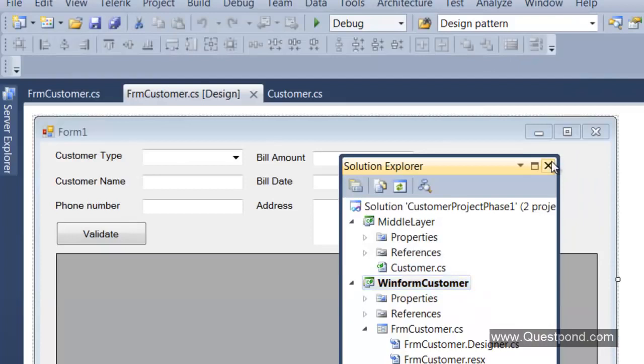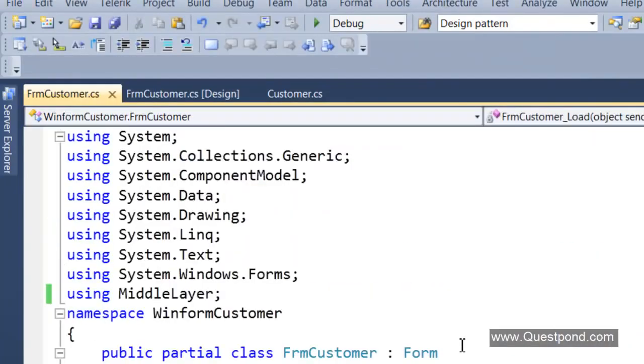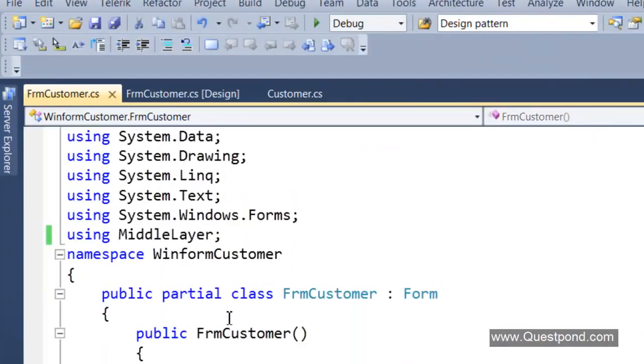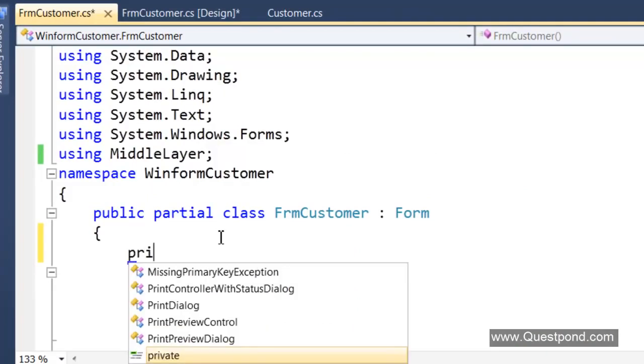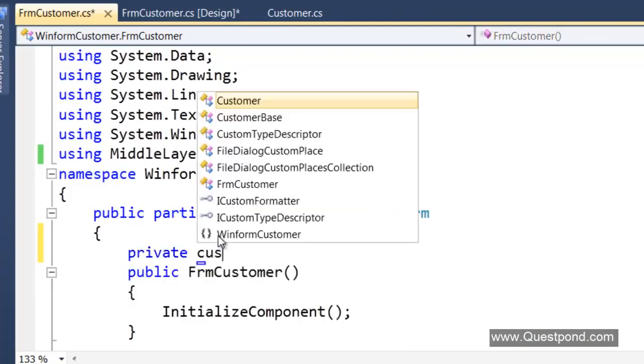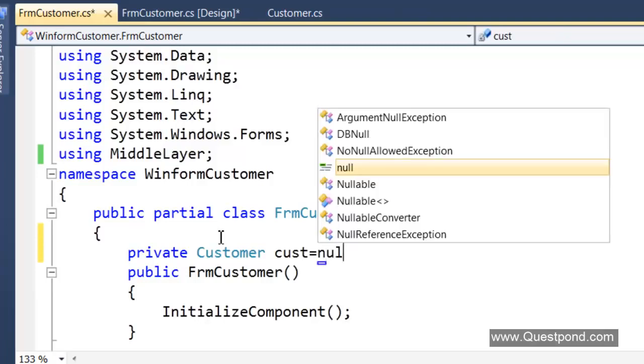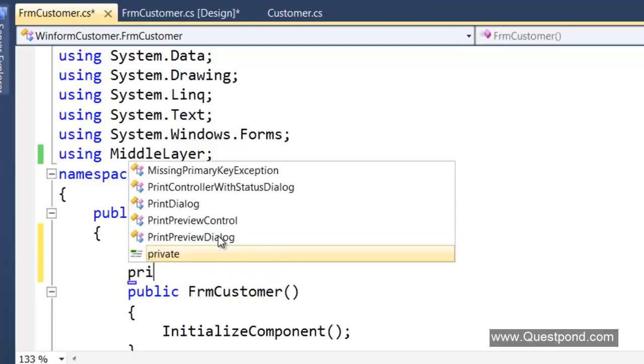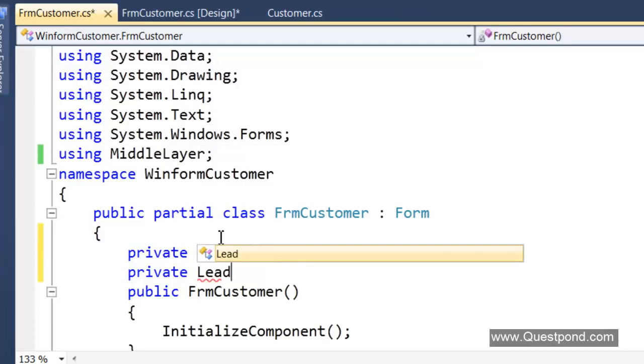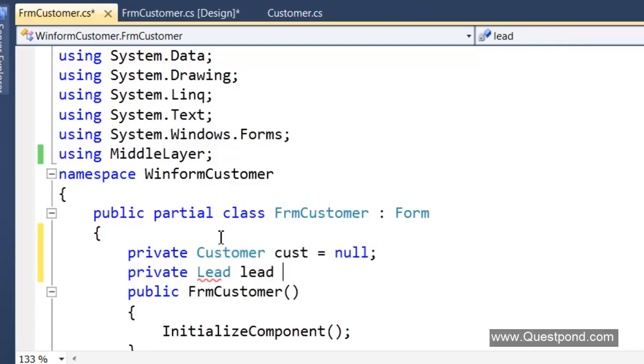So what I'm going to do is I'll go back to my UI. So depending on the situation, I will say private customer. So either this UI will create a customer object, or probably it will create a lead object, right?